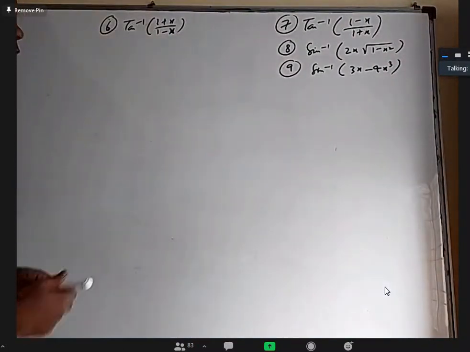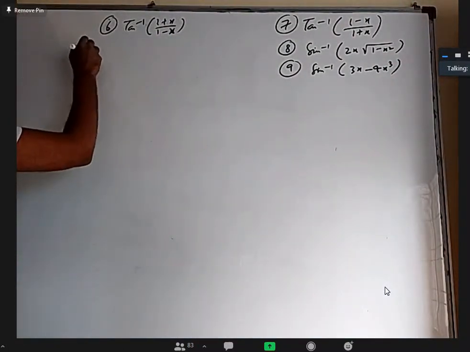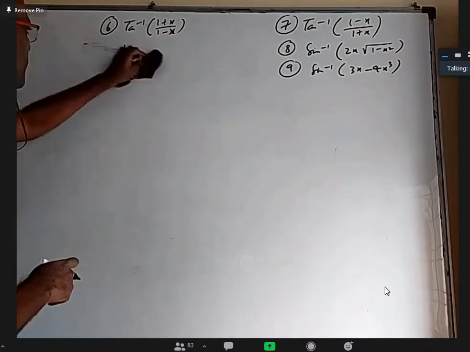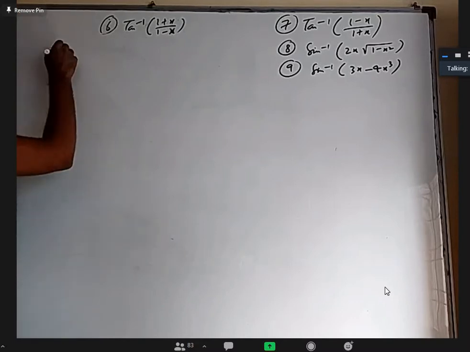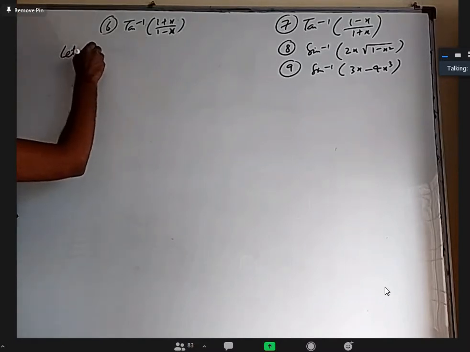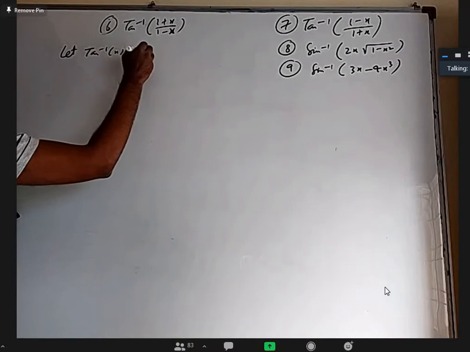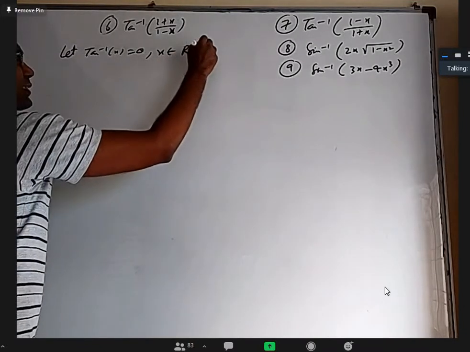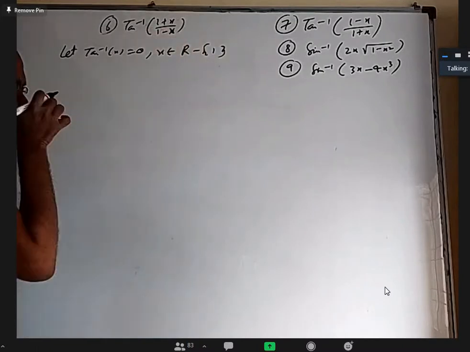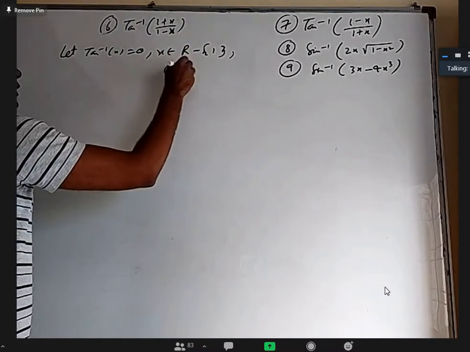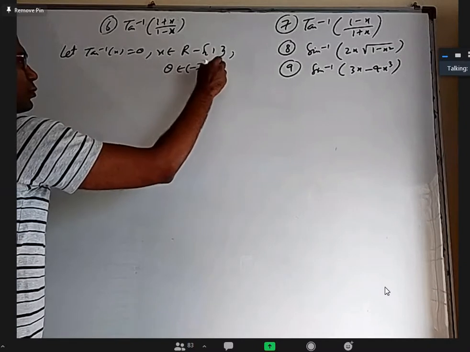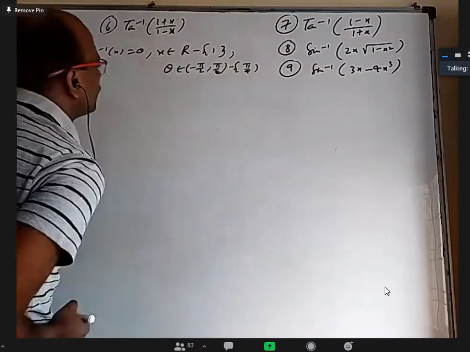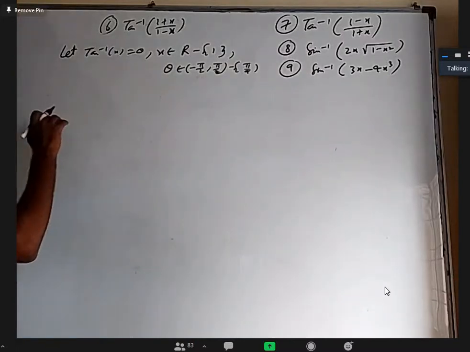All right. So here let tan inverse x equal to theta, where x belongs to all real numbers except 1 because the denominator is 0 at 1. And the corresponding theta is between minus pi by 2 to pi by 2 except pi by 4. What to write here, I'll see later on.